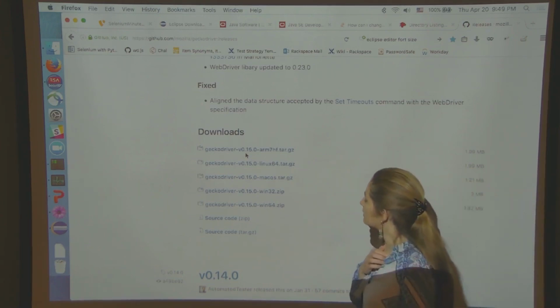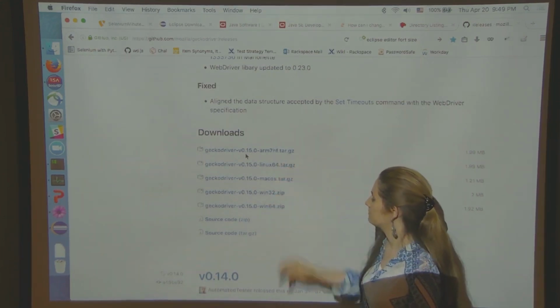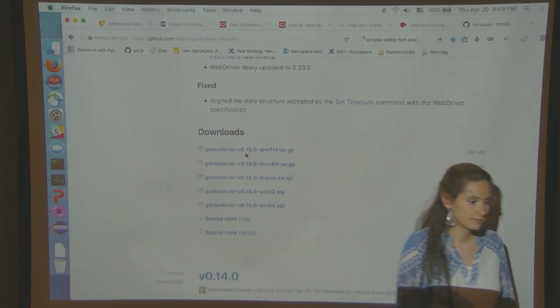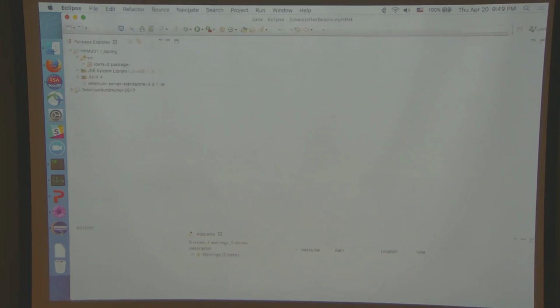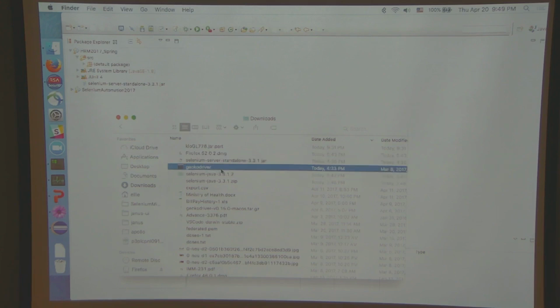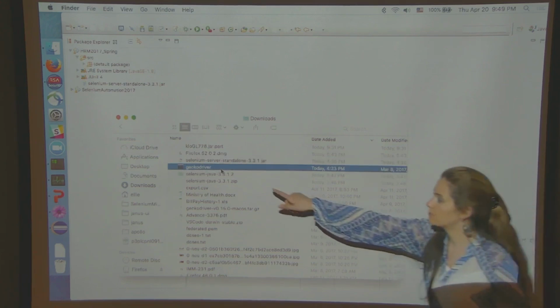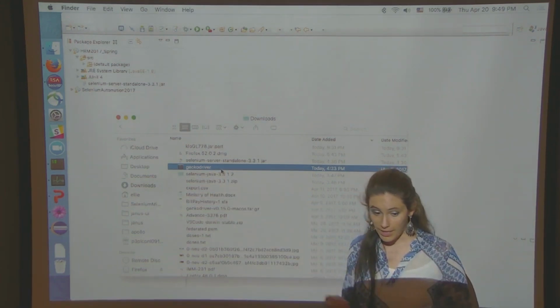If you are on a Windows, if you are on a Linux, if you're on a Mac, you don't want source. You don't need source. Okay, I shouldn't skip a step. Once you download it, you will open up your zip. And inside your zip, you will have an executable. All right? So you download a zip, unzip.